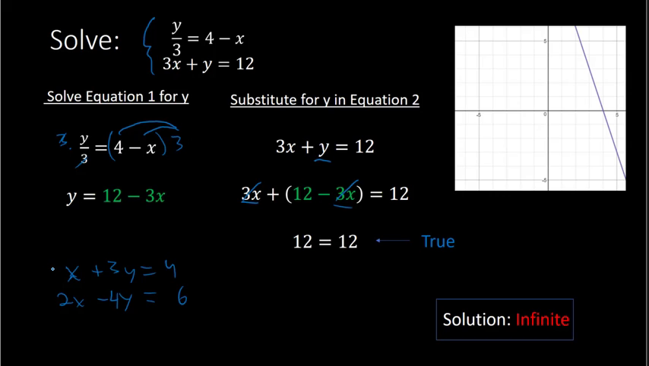Now, what if you had a number in front of everything, like 5x, and 3y, and 2x, and minus 4y? Okay, if you have a number in the front of everything, it makes it really messy at times trying to use the